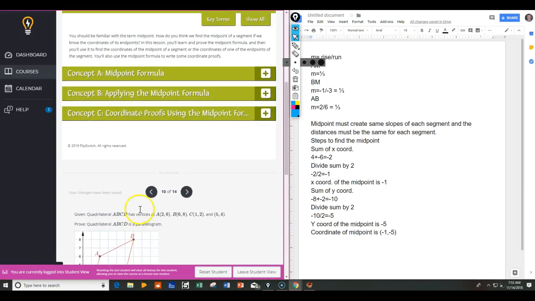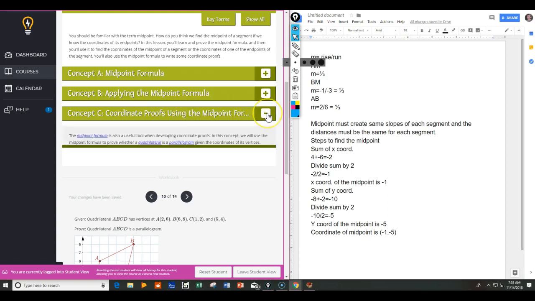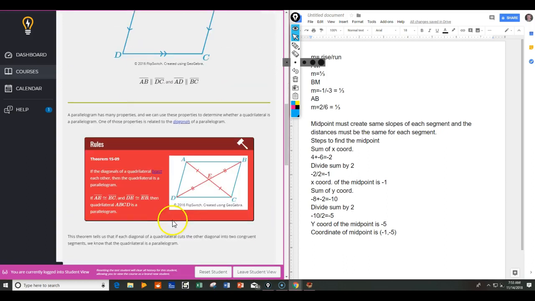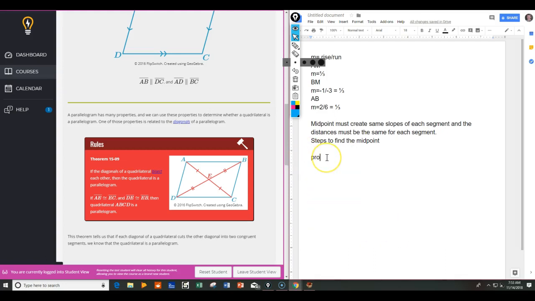The first thing that I would do is click on concept C, coordinate proofs using the midpoint formula. And I would just click till I saw a red box, because this is what's going to give me the rules. So if the diagonals of a quadrilateral bisect each other, then the quadrilateral is a parallelogram. Okay, so this means that in order to prove parallelograms,